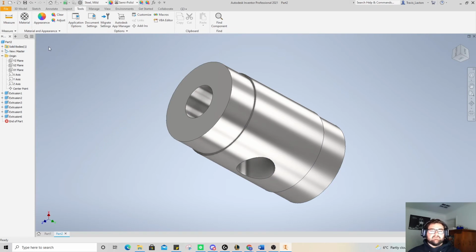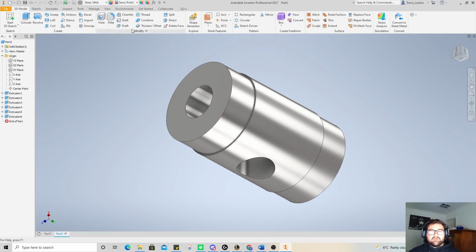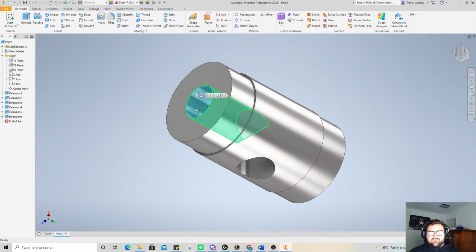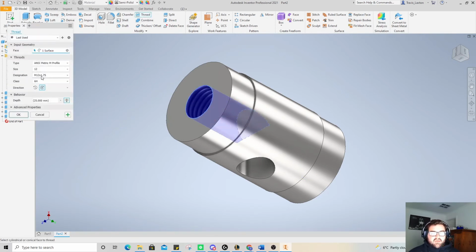And now we can do a couple of different things. So we're going to go to 3D model and we're going to put our threads on. We're going to make sure that we select thread. I didn't select a surface though, that was silly. So you're going to select your surface and then go to thread. And it's going to go to the wrong one. We want it to be